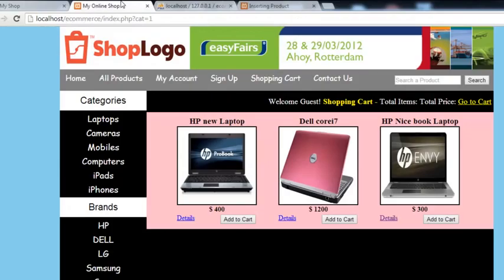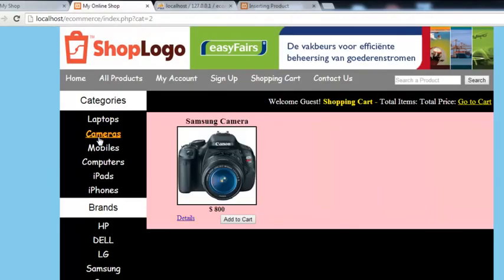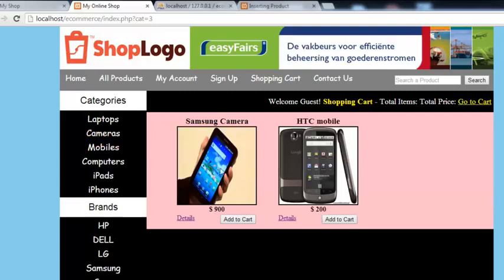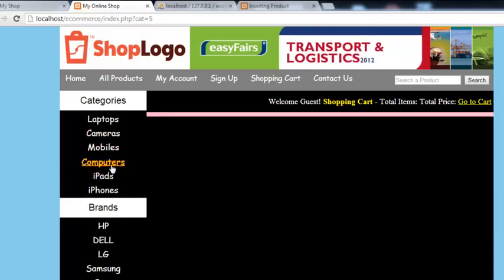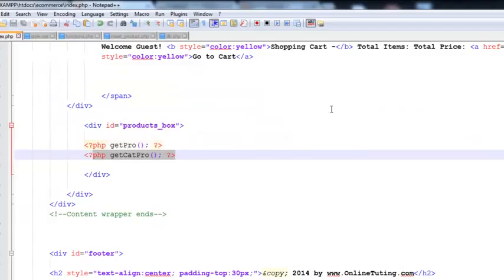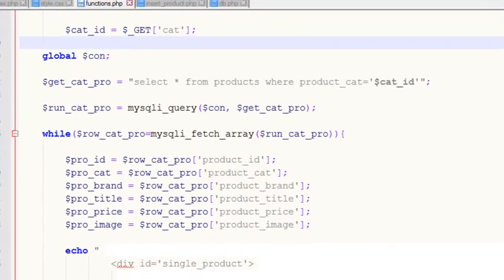So that's really simple. Now when we click cameras, there is only one product relevant to camera or associated with cameras. We click mobile, there are two. We click iPads, there is no product. And if we click computers, there is no product. We click iPhones, there is no product. And for no product, if there is no product, we can simply say